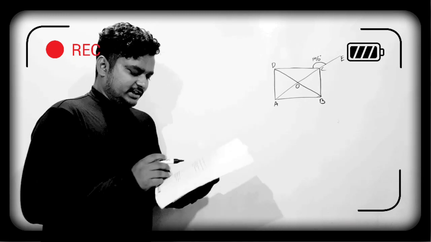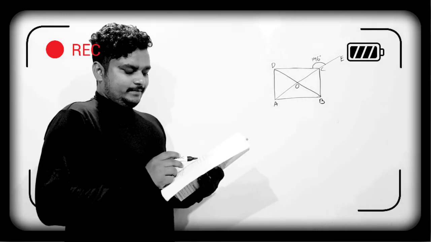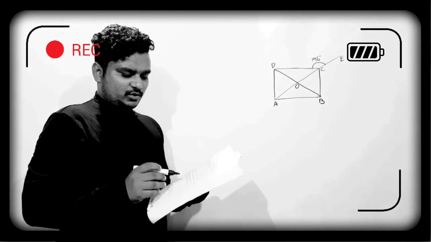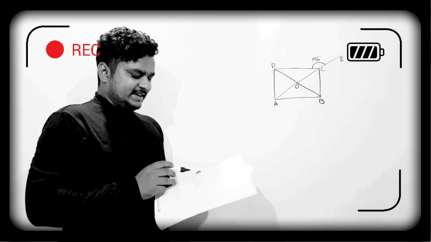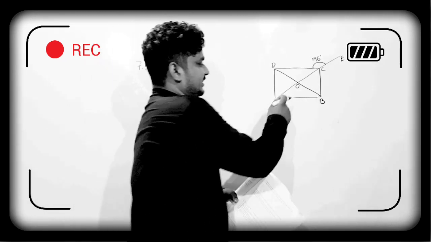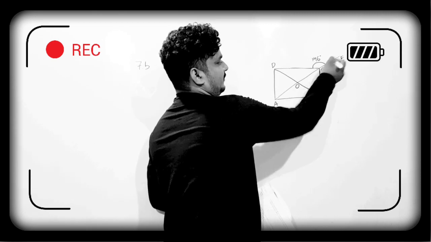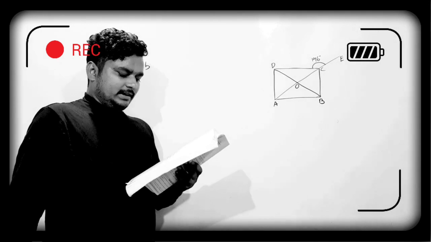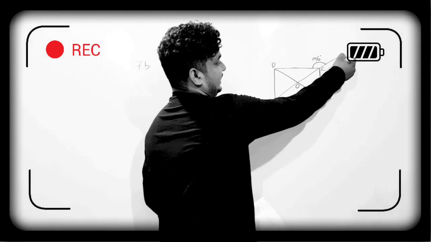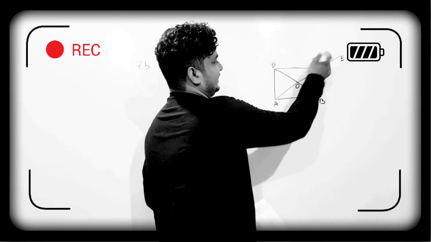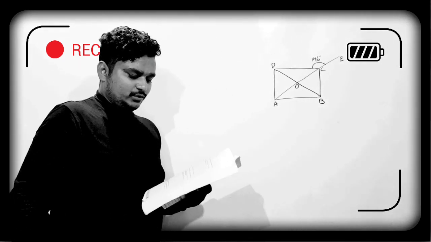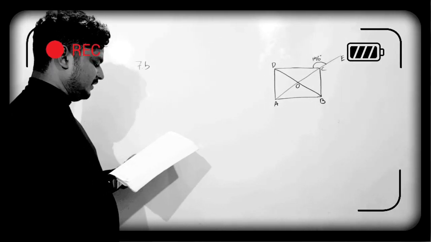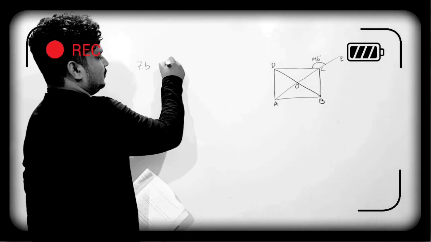In this question it is given that ABCD is a rectangle and the diagonals intersect each other at O. ABCD is a rectangle and the diagonals intersect at O. After that AC is produced to E. This AC is produced to point E, further it has been extended. Clear with this? After that we have angle ECD, which is given as 146 degrees. So we need to find the angles of triangle AOB.